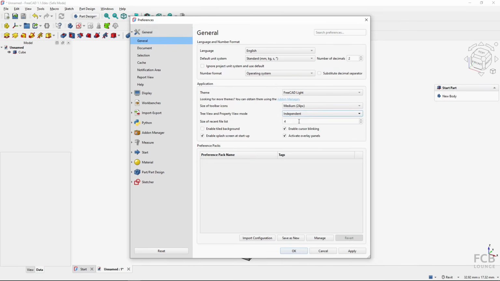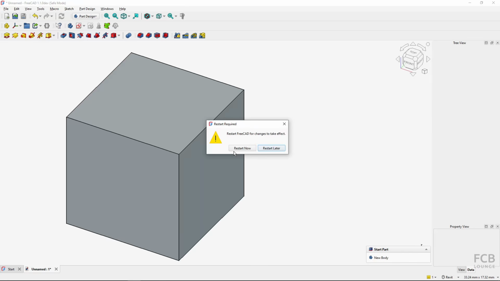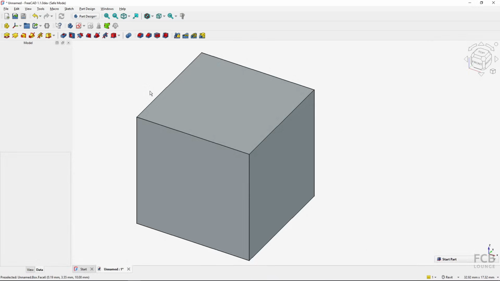If I switch it to Independent and I will hit OK, FreeCAD needs to be restarted for it to work, but after you restart FreeCAD, these two panels will be separated. So this is all the important information that you need to know to set up your panels in the FreeCAD